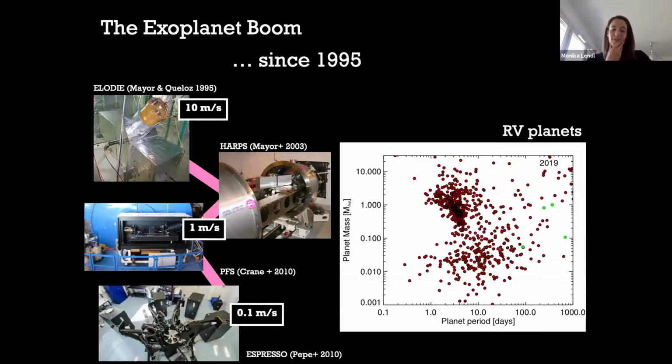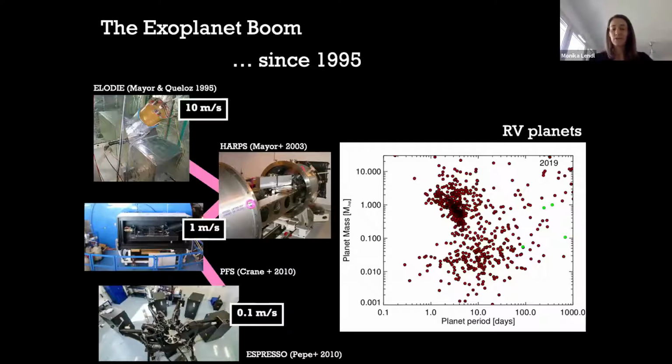You can see on the left also the evolution of the different spectrographs that's been going on, going from spectrographs in the 90s that had a precision of at most about 10 meters per second to routinely reaching precisions of 1 meter per second with instrumentation such as, of course, HARPS North for the Spanish community, Carmenes, and also PFS